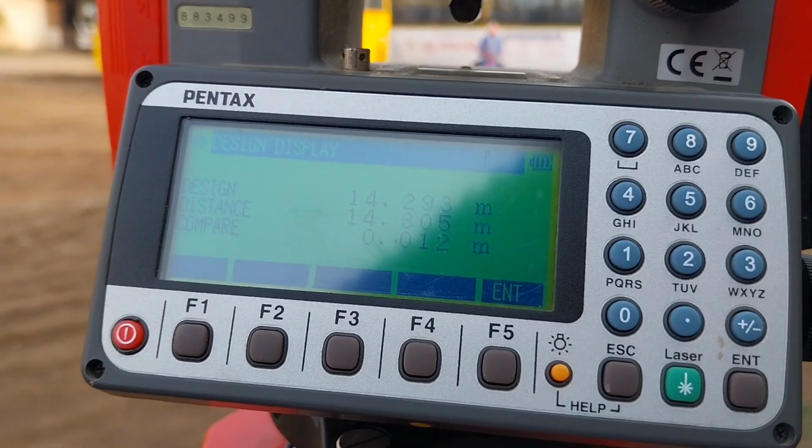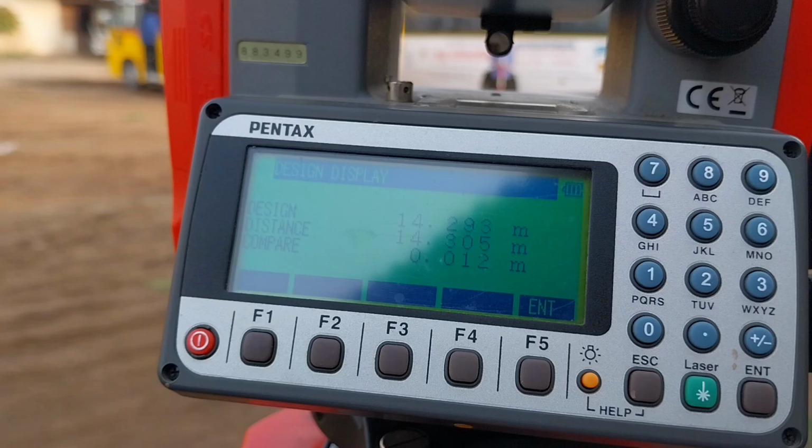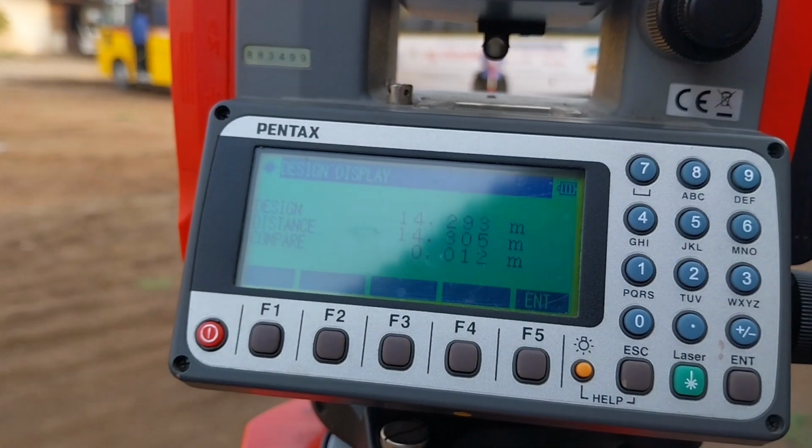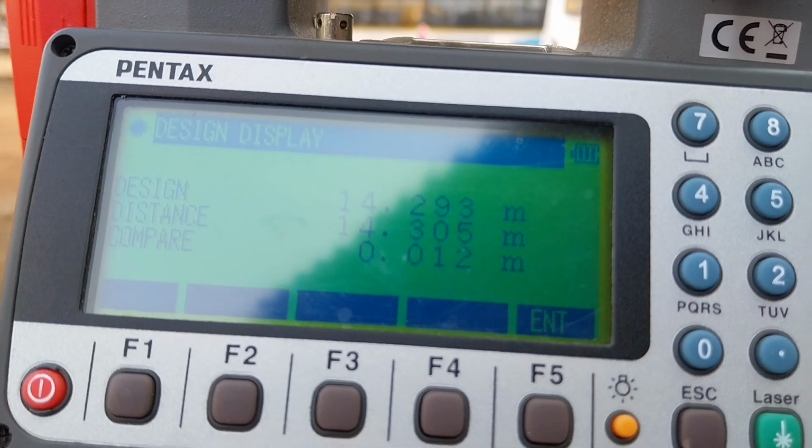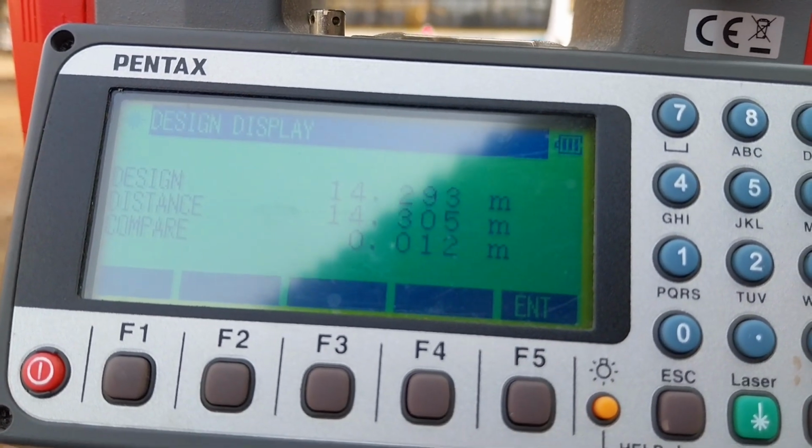The instrument will compare our first 6th point and last 6th point, and here you can see the comparison.